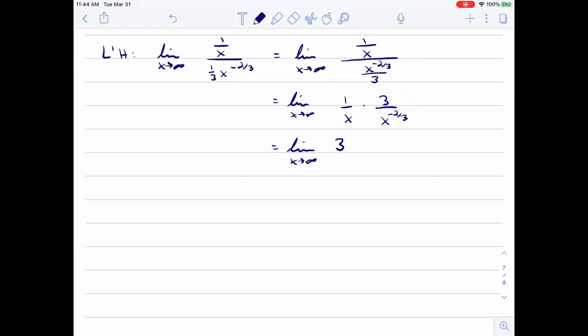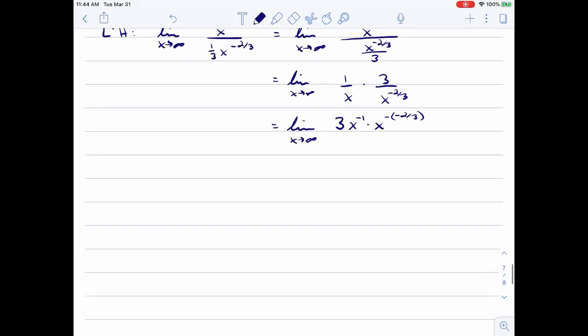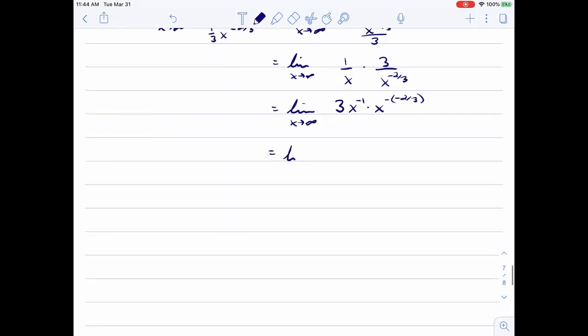So I get 3 times x to the negative 1 times x to the negative 2 over 3. Which means I've got the limit as x goes to infinity of 3x to the negative 1